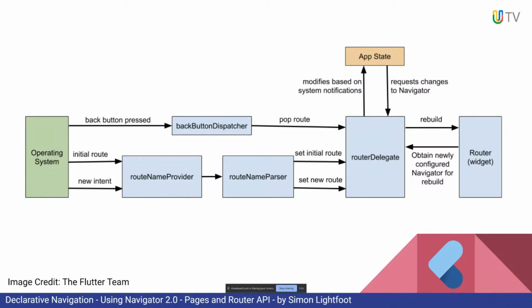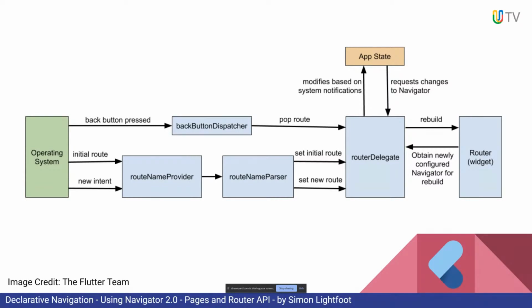Now, the key point here again is that it's declarative, right? So you have to stop thinking about that imperative approach of, I'm going to push and pop stuff. The idea is you change your app state. So you can imagine that you change a variable, and that means the user is now logged out. So now your new set of pages is the logged out view, instead of the logged in view. So your pages list can almost represent your app state. That's the notion of what the router delegate does. It modifies it based on the app state. It changes a set of pages that are going to be sent over to the navigator.